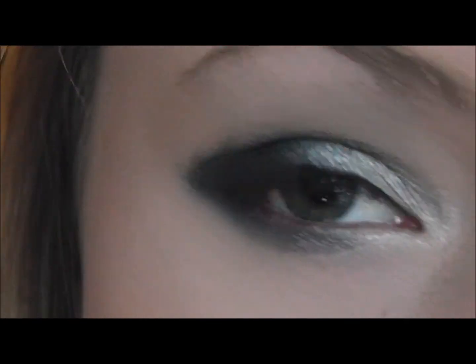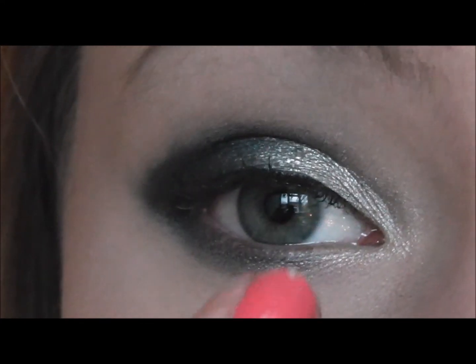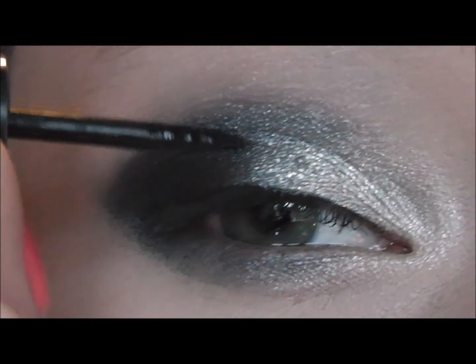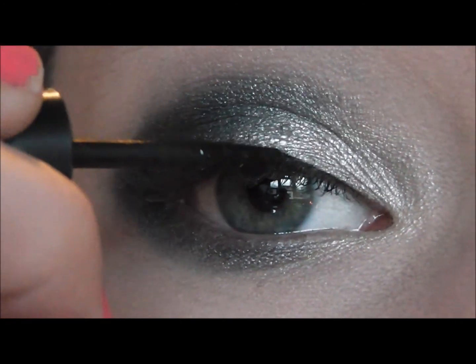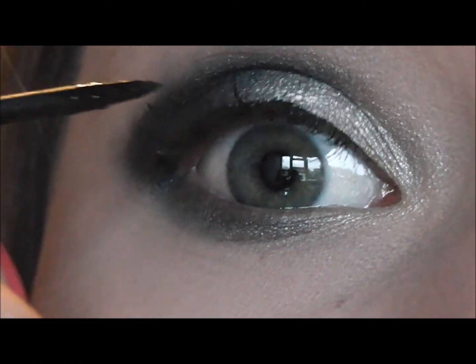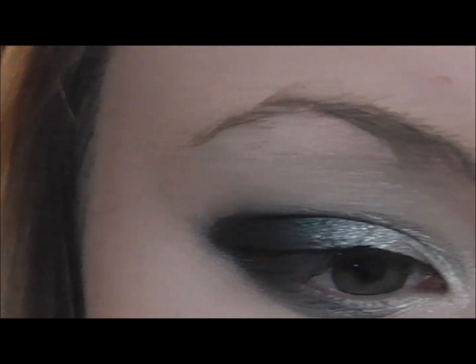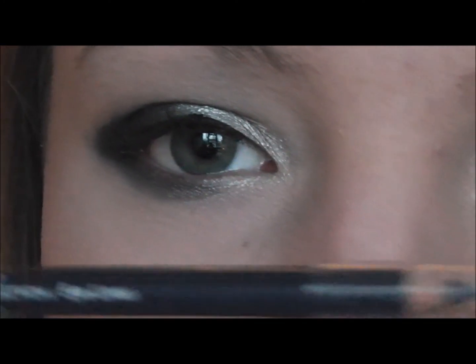There we are. I always start with liquid liner in the middle and work out, and then come up from the inside and meet in the middle. I'm actually just going to retouch that bit here. There we are. I'm using a navy Natural Collection eyeliner,